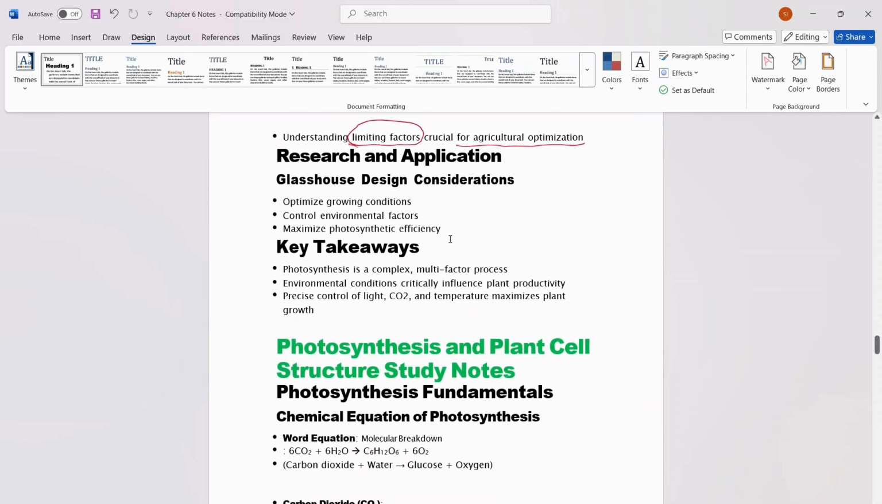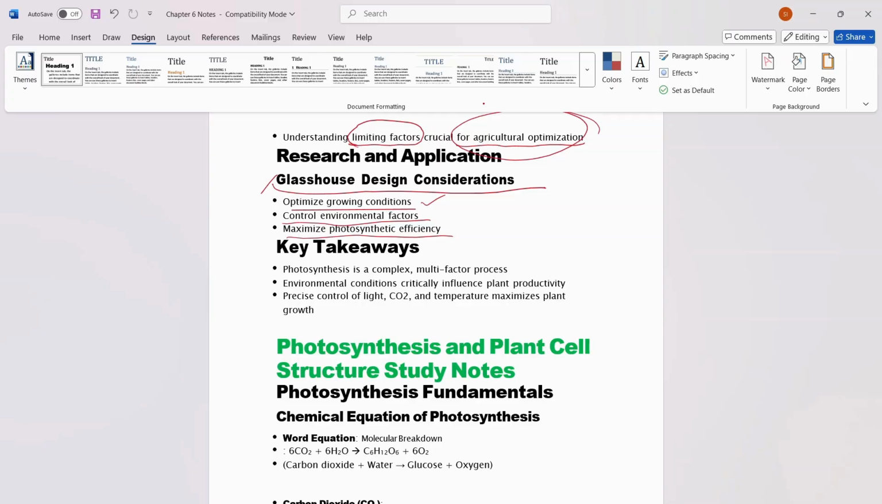Alright, now research and application: glasshouse design consideration. We have to optimize growing conditions, as mentioned here; it is crucial for agricultural optimization. So we can use glasshouse design consideration, which can optimize growing conditions, where we can control environmental factors and maximize